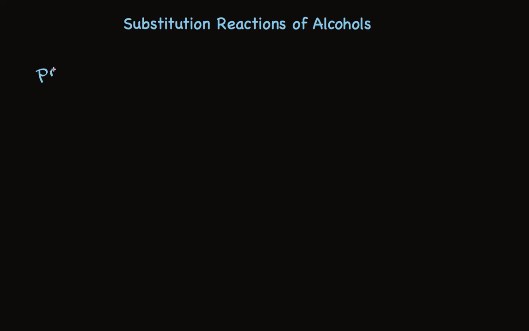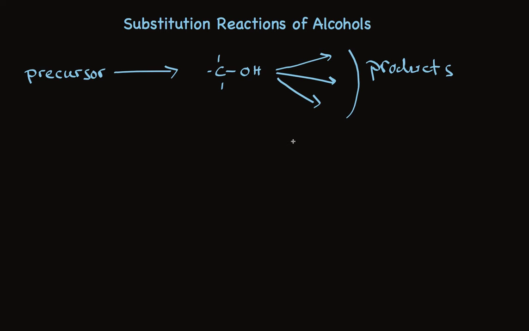Talking about the latter, the use of alcohols as intermediates, what we're thinking about then is some precursor, and there are several options, is used to make an alcohol of some type, and then that alcohol is used in one of a variety of reactions to make products. Of those, one of the types of reaction is substitution. In fact, nucleophilic substitution, where the overall reaction is the conversion of an alcohol to a compound where a nucleophile has replaced the OH group.